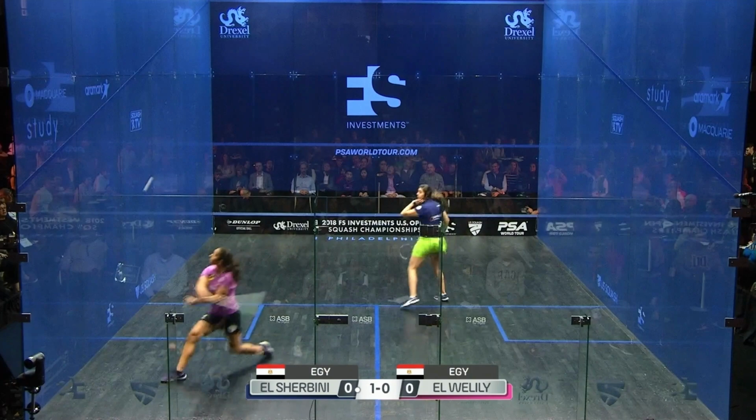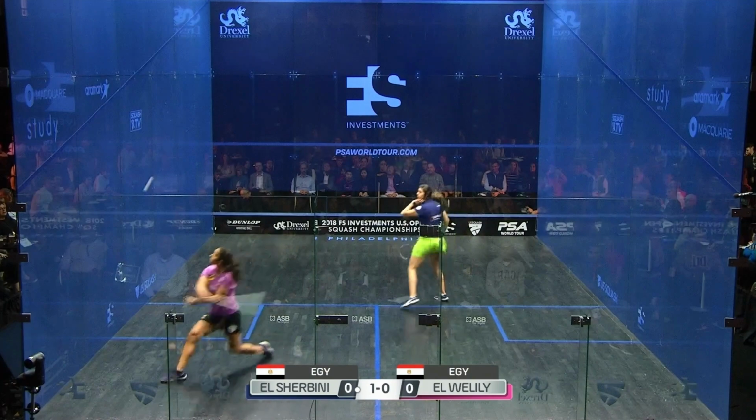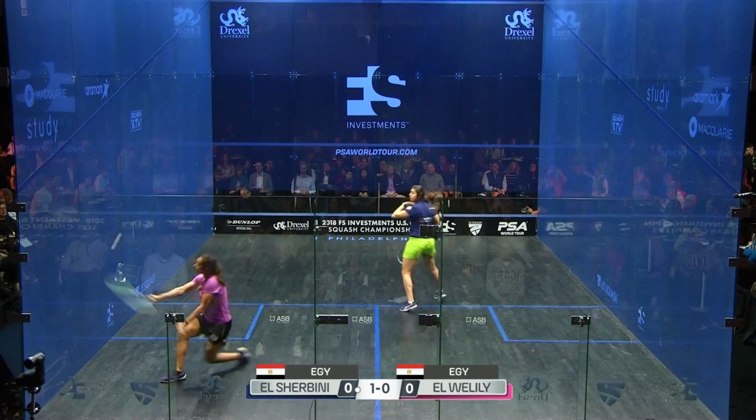Look at that wrist position. Look at how she's opening the wrist. The racket face is presenting beautifully to the ball. So that's position two. And then position three is where she throws the racket head back up to meet the ball. So that position two, from there to there, is such an important little movement with an open racket face